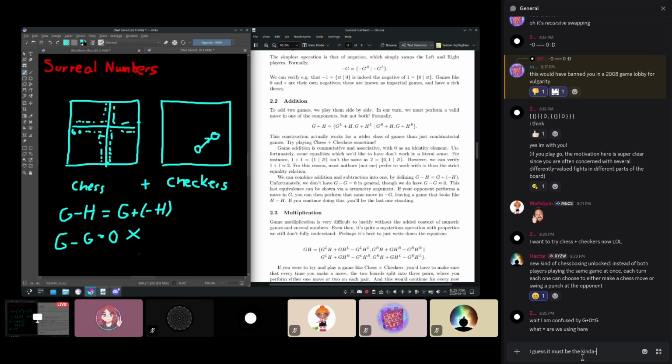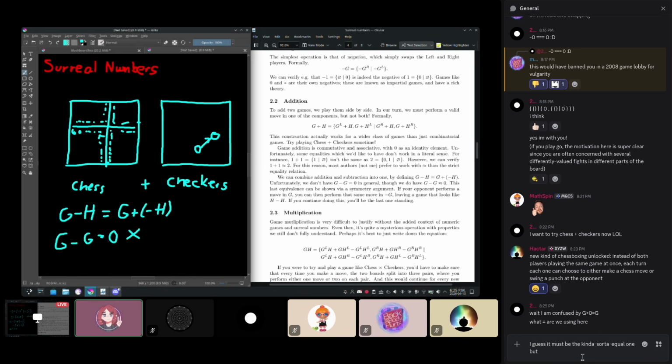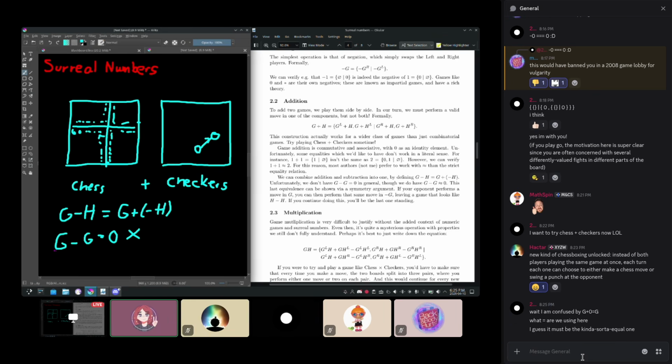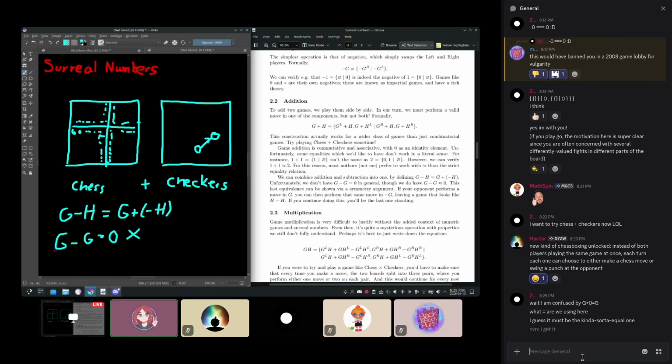Well, the easiest way to see why this can't be true is that 0 is a game where no one has any options. If you play a game like G minus G, then generally you are going to have options, right? You can move in G, and if G isn't 0, then that gives you at least 1 move, so it's not literally the 0 game. But fortunately, it is order equivalent to the 0 game.